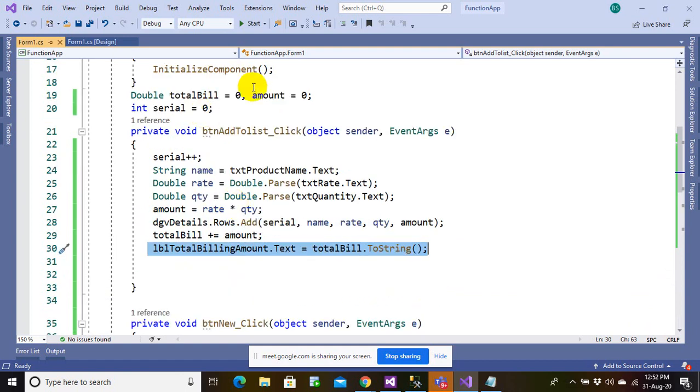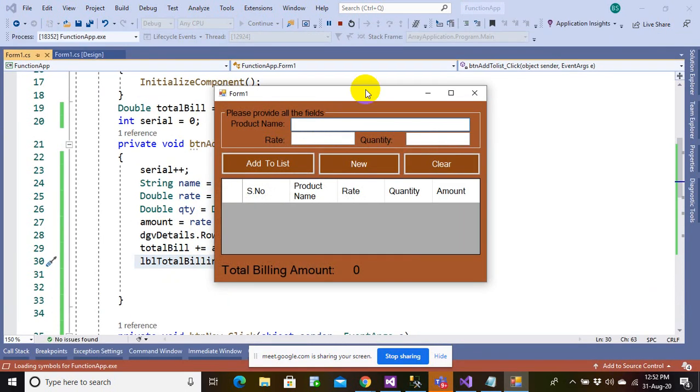But at the same time, if I run this app, let's say I buy product 1, rate 99 and quantity 99. If I do add, then when I click new, this should be blank. At the same time, when I click clear, everything should be gone. So see, the action is repeated here. Cleaning up this, and overall clearing of this, it's being repeated. Whenever I make overall clear, I have to clear this, or whenever I want to clear this it has to be cleared up. So I just want to repeat this action 2 times.